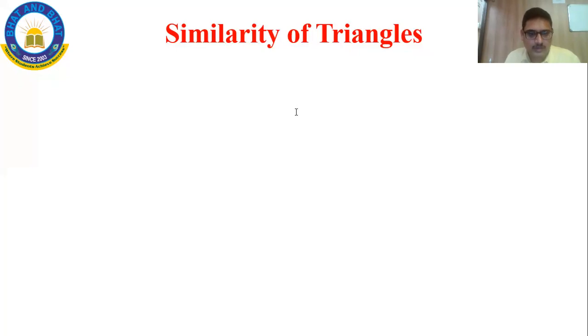So please, all of you pay attention to today's class as we were doing the triangles chapter. Yesterday we finished exercise 6.1 also. We discussed the difference between congruency and similarity. Also we discussed the criteria for similarity. We got to know that for similarity, the polygons must have same shape and the corresponding sides must be in the ratio. So this is what we studied in yesterday's class, and we solved very basic questions from exercise 6.1.